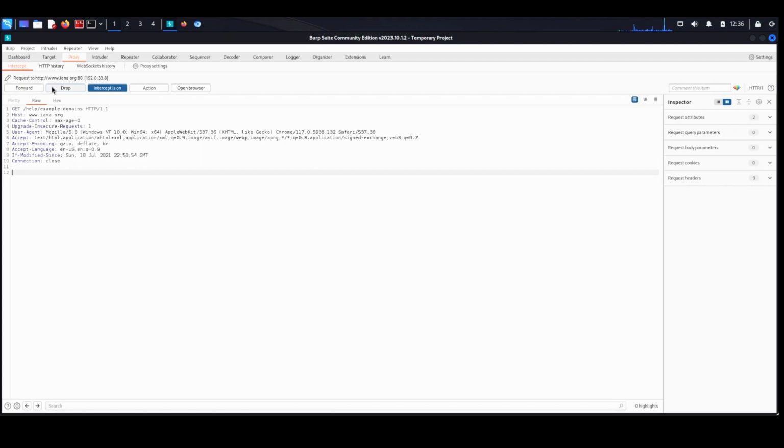Drop it, as the name suggests, means I can drop it, and then this information won't reach the application, and we might not have any response. Or I can forward it, which will make the application act in the usual manner. It will give us our usual response, and I can also tinker with it